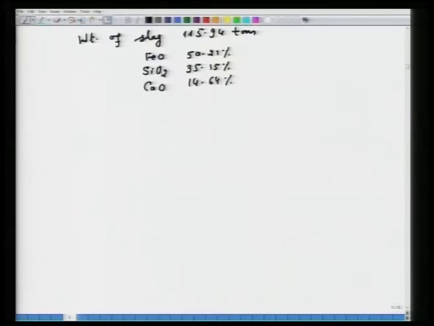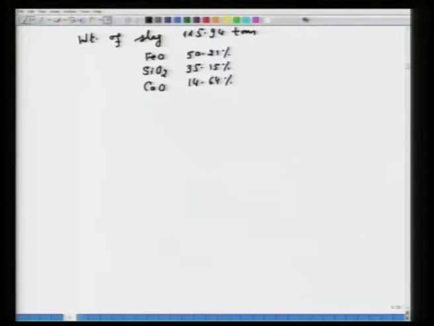Now, in this problem we should also understand what the inputs and the outputs are. The outputs are lead bullion, matte and slag. Since the charge does not contain arsenic, there will not be any speiss. You remember in an earlier lecture I said that the output of the lead blast furnace consists of slag, matte, speiss and lead. Since the charge does not contain any arsenic, there will not be any speiss in the output of the blast furnace. Rest, as I said in the introduction of reduction smelting for lead, you are seeing that the outputs are slag, matte and lead bullion.